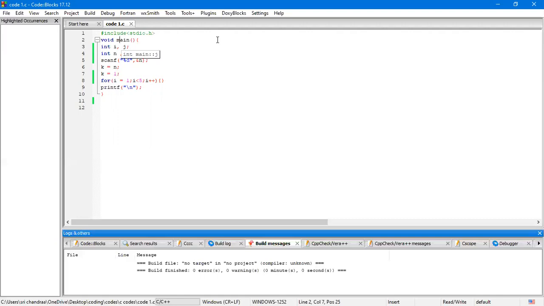When we compile the C code, the compiler first looks for this keyword main, because the compiler should know where to start. And in C language, it is predefined that the compilation should start from main. Therefore, the ambiguity of the compiler is reduced, and it starts the execution from main.